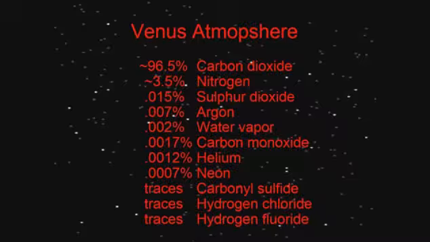So we were discussing the atmosphere of Venus. So we're looking at about 97% carbon dioxide, 96.5%. Now remember, carbon dioxide is easy for smaller planets to hold on to due to its relative weight. We're also looking at 3.5% nitrogen and then traces of everything else. Sulfur dioxide through neon being relatively popular compared to some of the other sulfides, chlorides and fluorides. Now, this percentage of sulfur dioxide is rather important because there's actually sulfuric acid rain on this planet. The sulfur dioxide content is obviously higher here than water vapor.